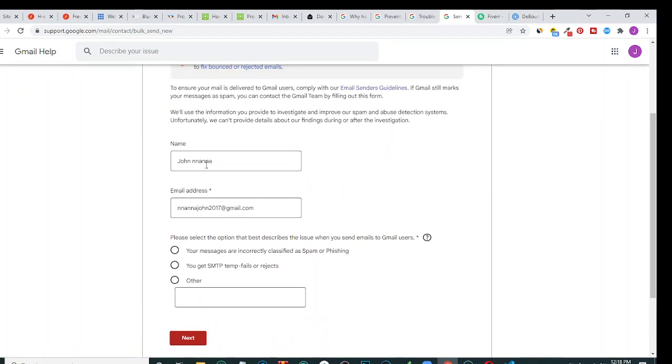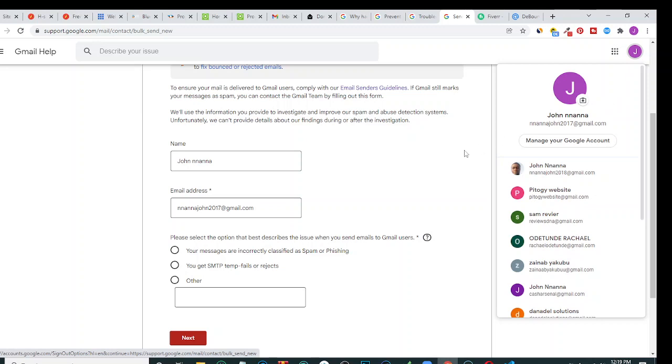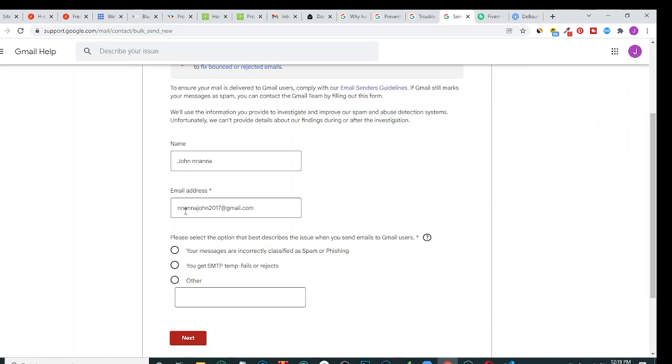Then you have to write your correct name, then your email address. If you see, by default I'm logged in, I'm signed into my Google account, this particular Google account. So any Google account you are signed into is going to automatically be brought to this email address field. So what you have to do, I advise you for quick response, maybe in a week's time, you have to change this to your domain email, or if not, the email address of the domain that has the issue. You can just put